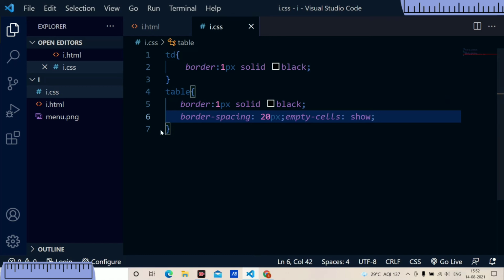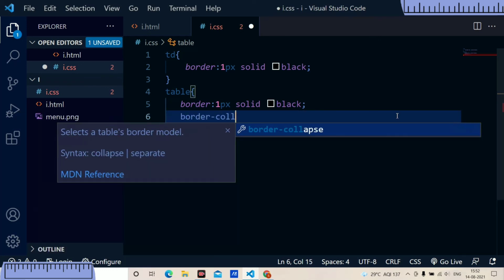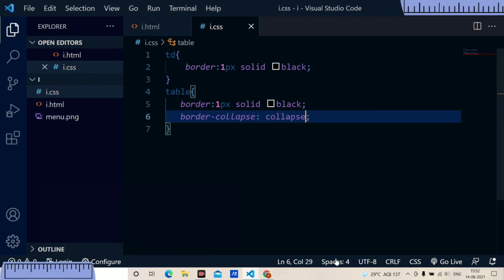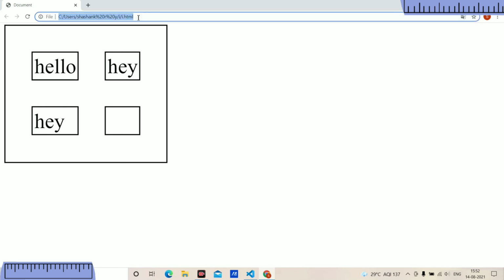Now I'm going to go with border collapse. When I use border collapse, the border spacing of 20 pixel between each column and the border of the table will be collapsed. As you can have a look at here, I just reload.